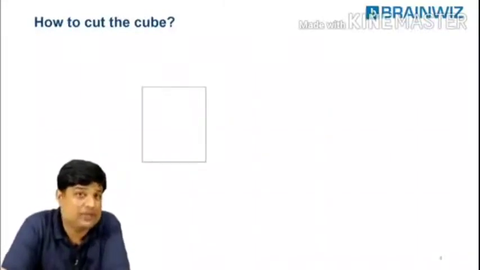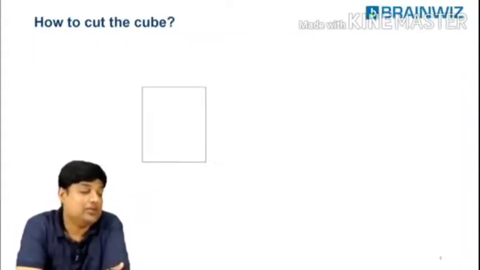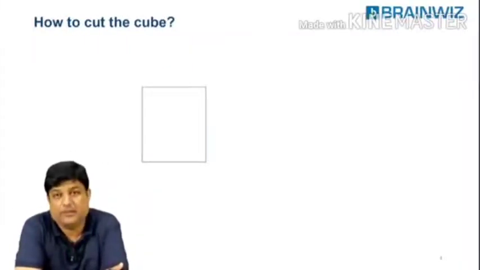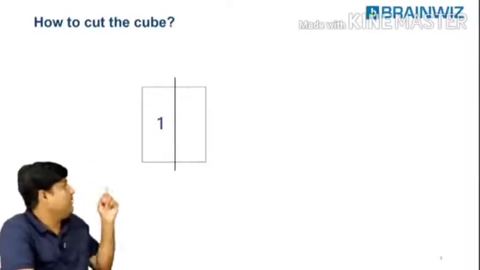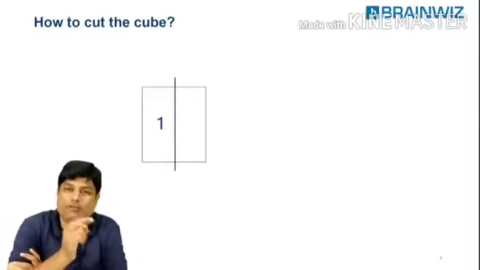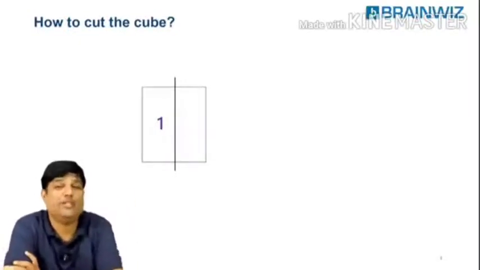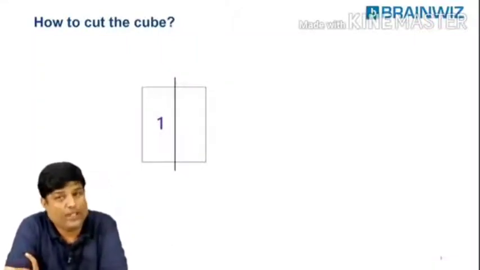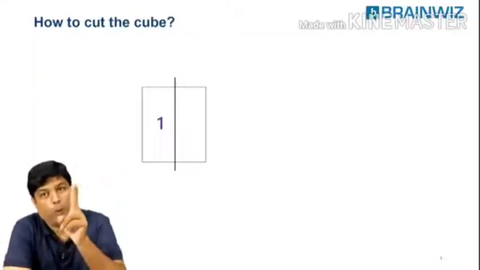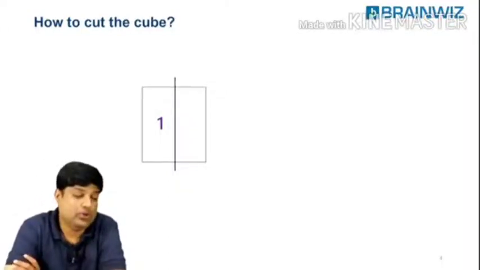What is this? Not a square, not a rectangle. Sir, this is paper. So this paper, I'm going to make one cut. Students, I'm going to make one cut. If you make one cut, do you have one piece? See the screen. Tell me, how many pieces you going to have there?